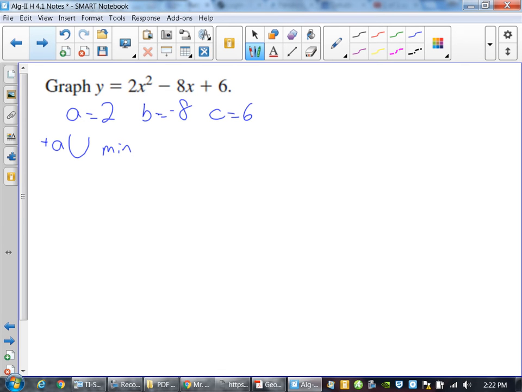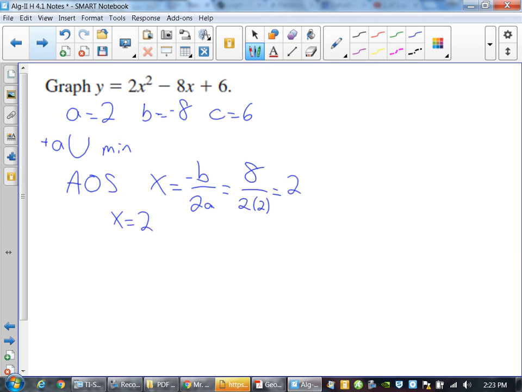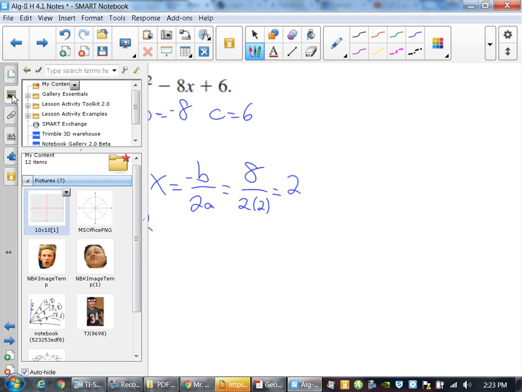Now we do the axis of symmetry. So it's x equals the opposite of b over 2a. Well, what's the opposite of negative 8? 8. So it's 8 divided by 2 times 2, otherwise known as 4. So 8 divided by 4, that is 2. So my axis of symmetry is at x equals 2, which means